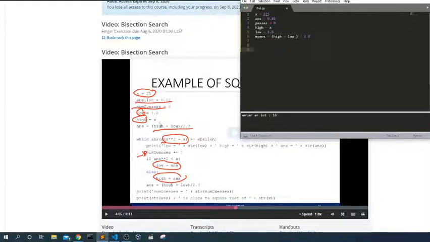Previously he's trying to find the value which he squares, and he took, what?